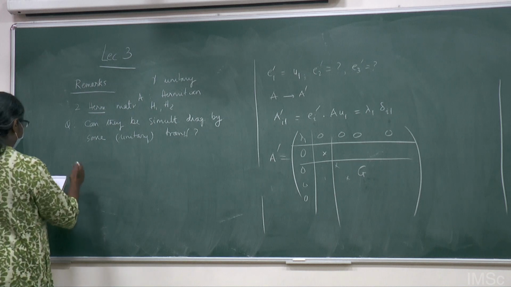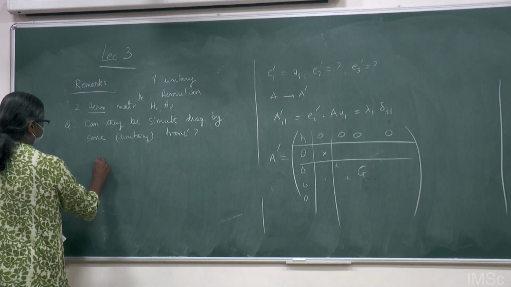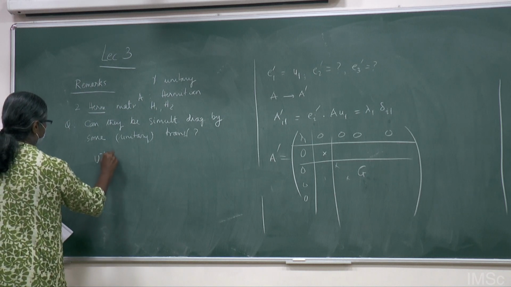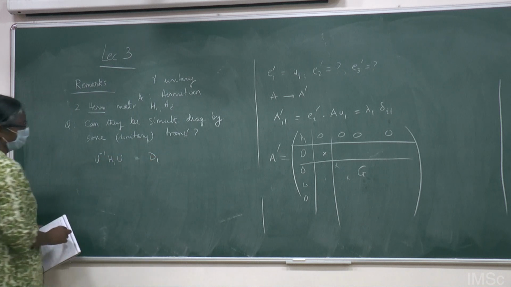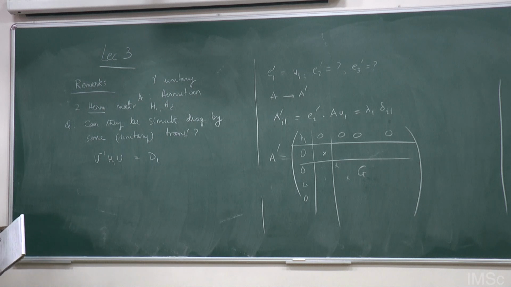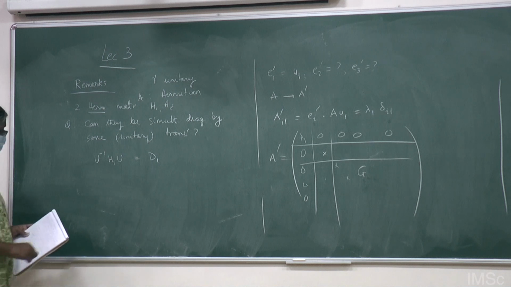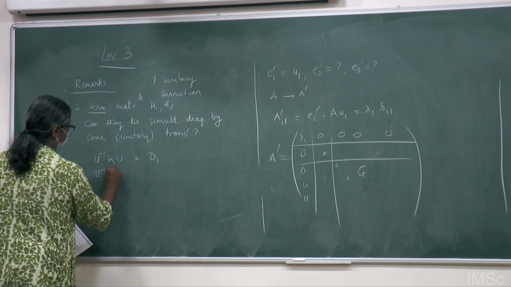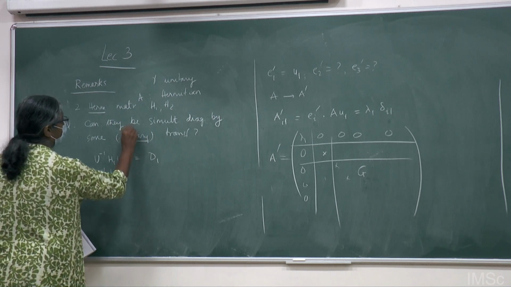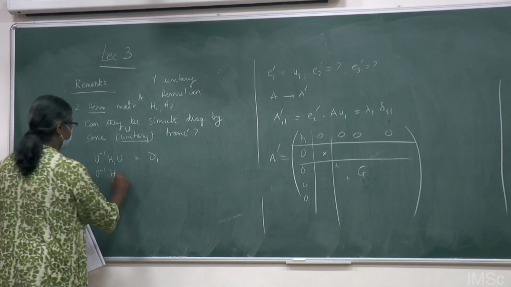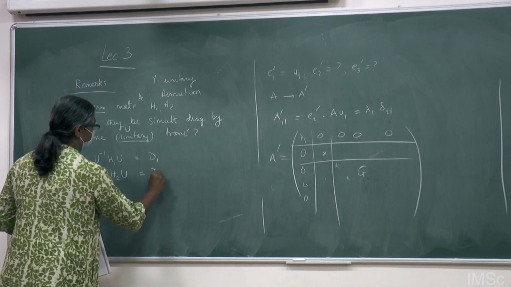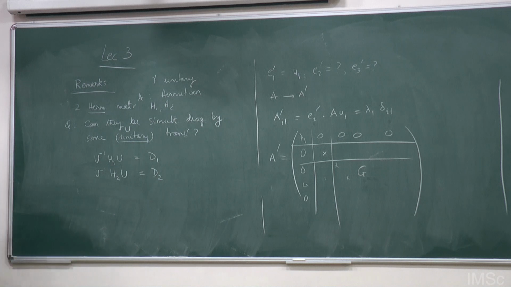So the question is this: can I write U inverse H1 U to be diagonal? This is the similarity transformation on H1, and the same matrix, and by the way, because it's unitary now I've called it U instead of gamma, the notation should not bother you, should also be diagonal. That means simultaneously the same U matrix is able to diagonalize both H1 and H2.